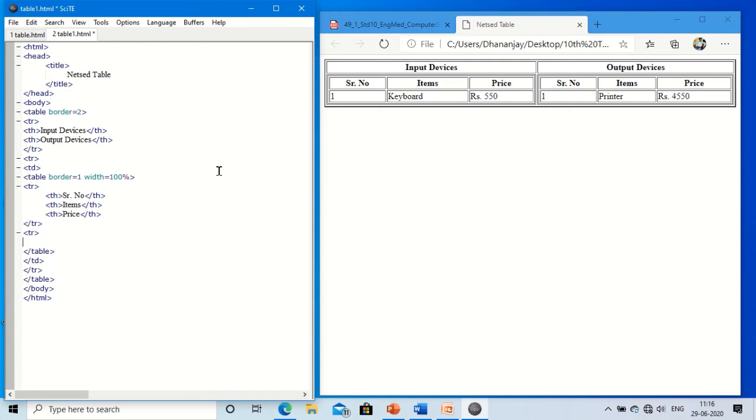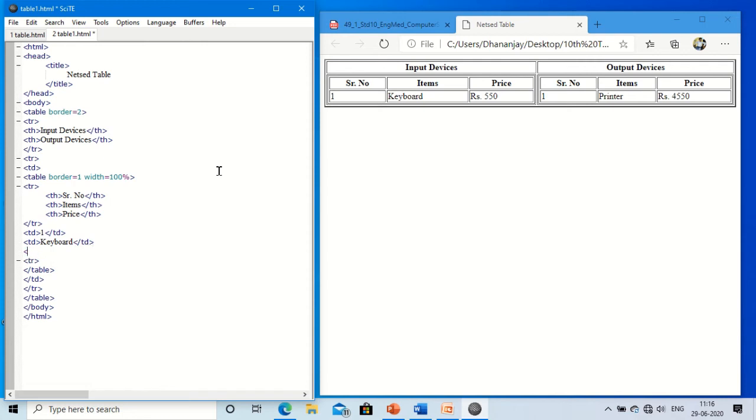So I will write here tr, inserted one more row, and td for the 1, then td will close here, then another td for keyboard. So I will write here keyboard, and this td will close.